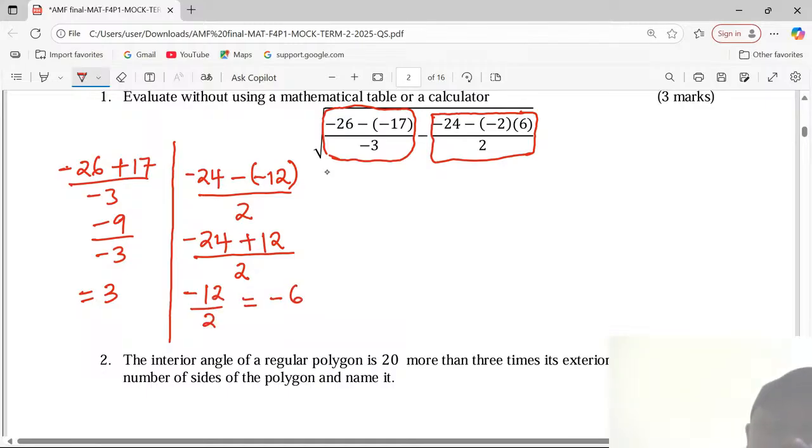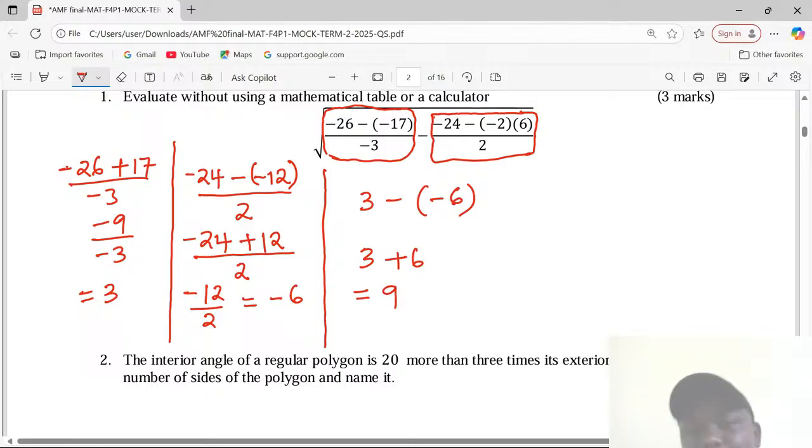So we are done with the right hand side. Now we need to combine what we got on the left hand side, 3, minus what we are getting, a negative 6. That way, so this is 3 plus 6, giving us 9. But now remember, we were to take square root for us to get the final answer. We are supposed to take square root. So now you obtain the square root of 9,